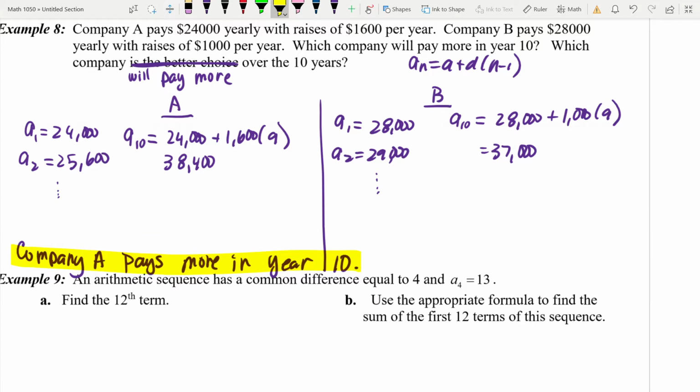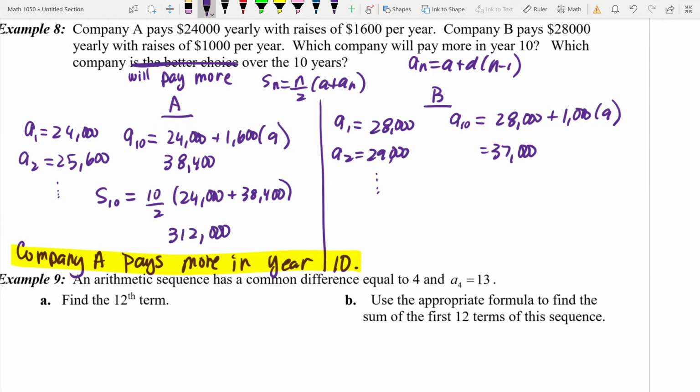Which company will pay more over the 10 years? Which formula am I trying to use, guys? S sub n, right? Sum, first year plus second. So all together in 10 years you make this. So your formula is S sub n equals n over 2, A plus A sub n. So this is the sum of the first 10 years is 10 over 2. First year is 24,000. Plus, what am I going to put for A sub n on that, guys? 38,400, right? The 10th year, A sub 10. So everybody go 5 parenthesis, 24,000 plus 38,400, close it off, hit enter, and you get